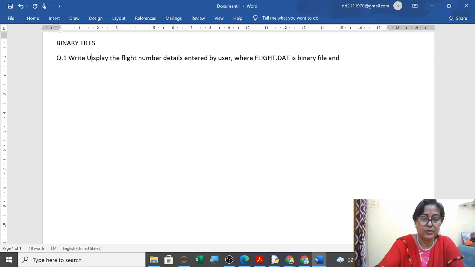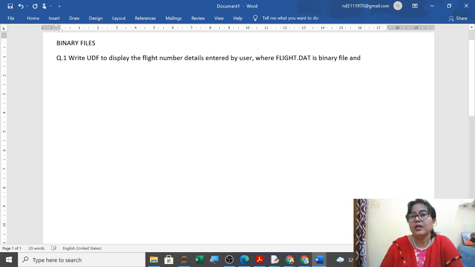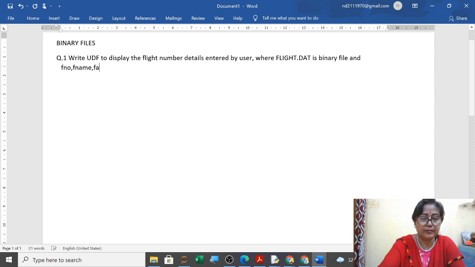Write a user defined function to display. Here flight.dat is the binary file, and flight NO, flight name and fare are the data. Tell me the answer fast.